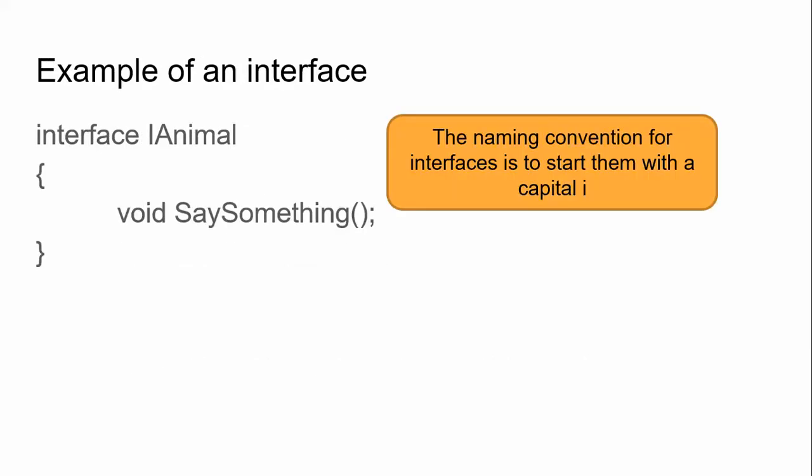So here's an interface, and it's called iAnimal because that's the convention for interfaces, to start with a capital I. I've got a function here called say something, and notice it doesn't have a body, right? So this is very, very similar to an abstract class. And if you actually go into C++ and look up the term, if you drill down through the documents,